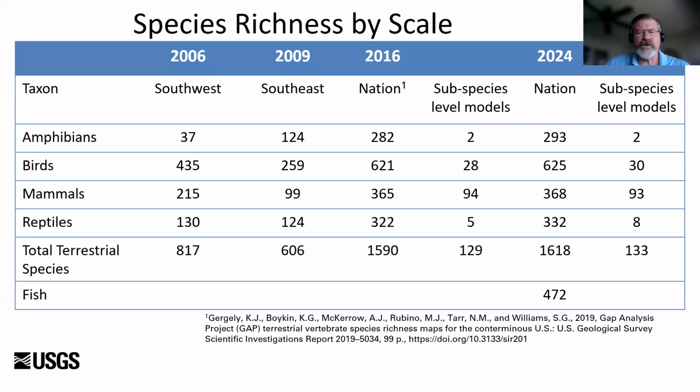The other thing that we've been doing at a national level is there are some species that we can actually model at the subspecies level, and so we are doing that. And I put fish down here because Michigan State has been modeling fish, and that's kind of a recent development. It's helpful. We're still trying to integrate from the terrestrial and the aquatic side how we're going to present and analyze that data, but it's good to have that base covered.